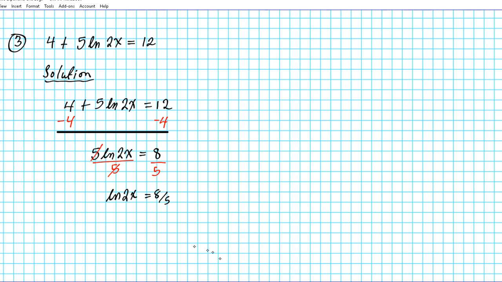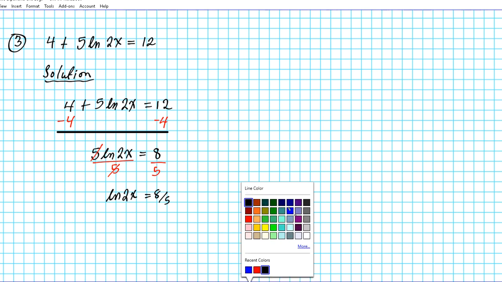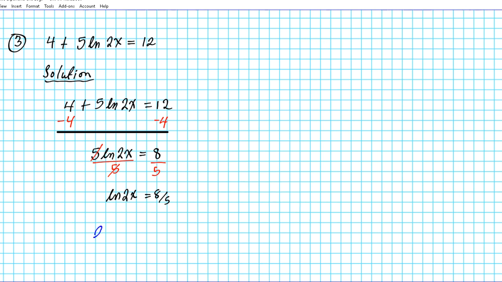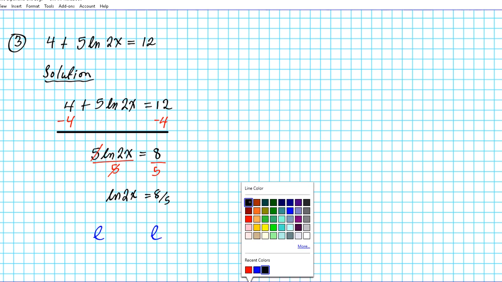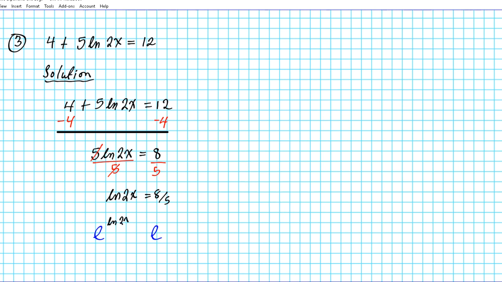So what is the inverse of logarithm? It's the exponent with the base of the log. This is ln, so we know the base is e, so we have a big e on both sides of the equation. We're going to exponentiate the equation using e as the base of our exponentiation, since the base of this natural log is e. On the left side, we'll have e to the ln 2x equals, on the right side, we'll have e to the 8